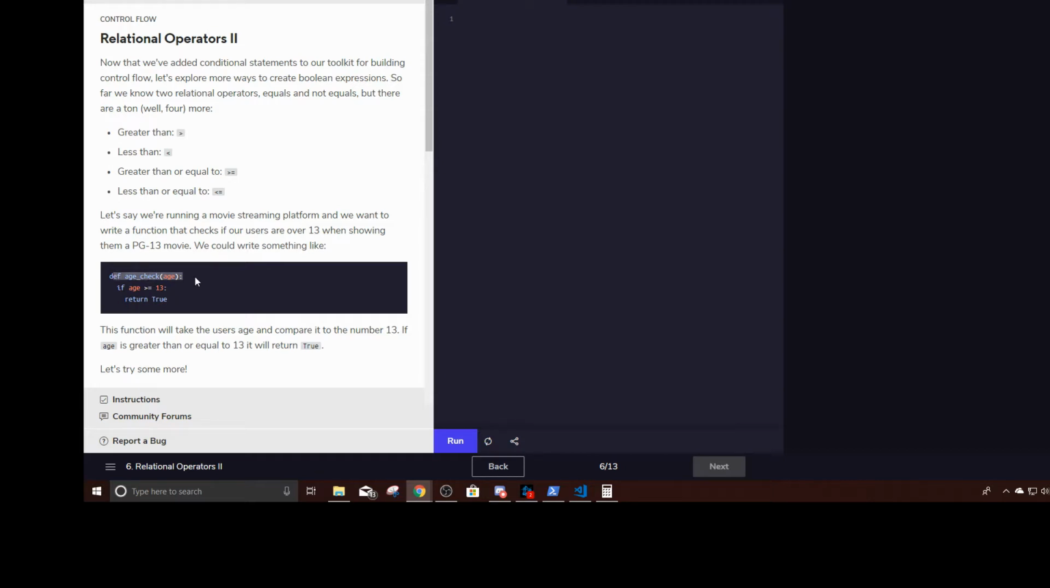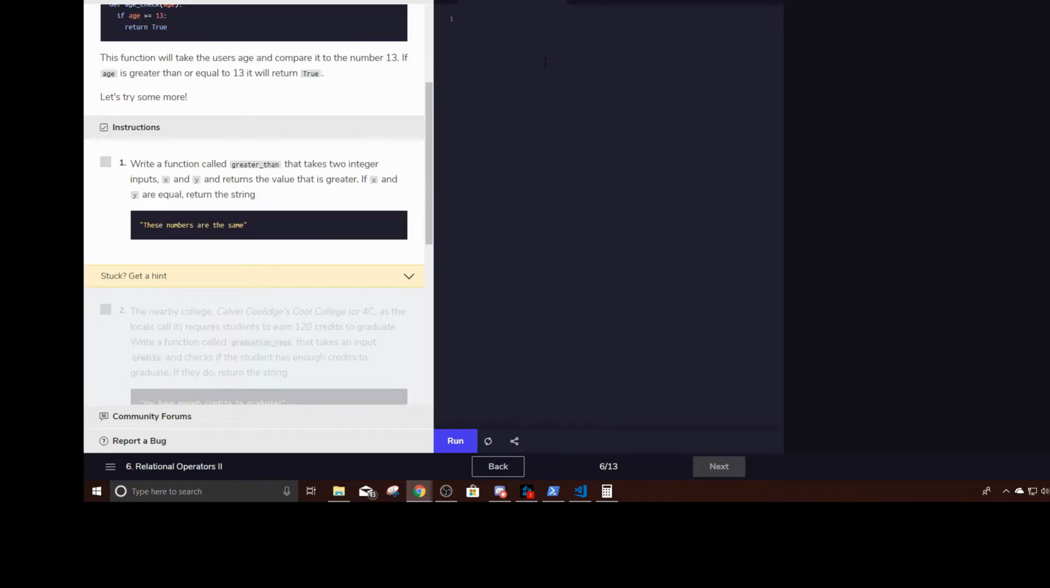So the function age check, passing in age as the parameter. If the age is greater than or equal to 13, return true. Nothing crazy going on there. So we're going to write a function called greater than that takes two integer inputs x and y and returns the value that is greater. If x and y are equal, we're going to return the string. So let's first write that function. Def greater than, and it's going to take an x and a y, and we colon, and we say if